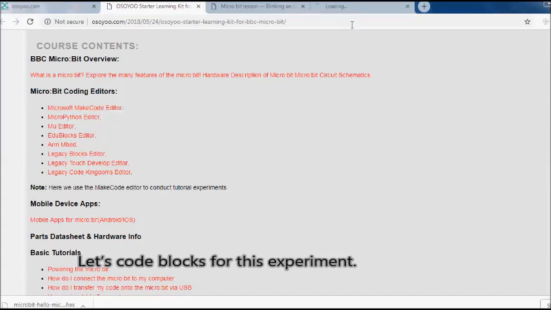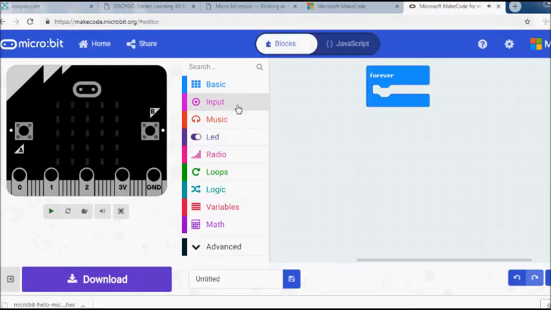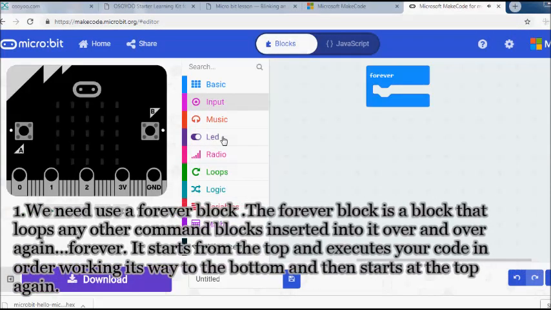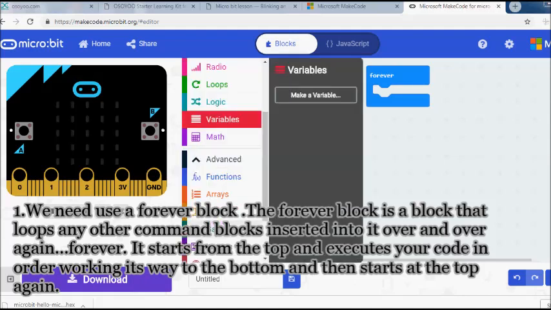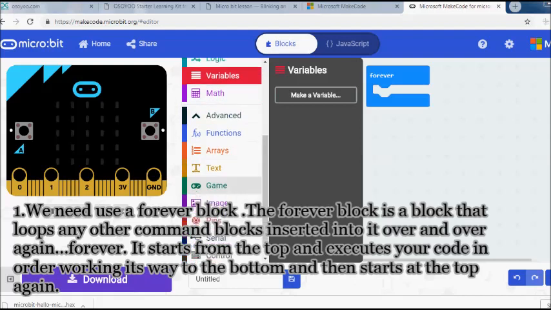Let's code blocks for this experiment. At first, we need to use a forever block. The forever block is a block that loops any other command blocks inserted into it over and over again, forever. It starts from the top and executes your code in order, working its way to the bottom and then starts